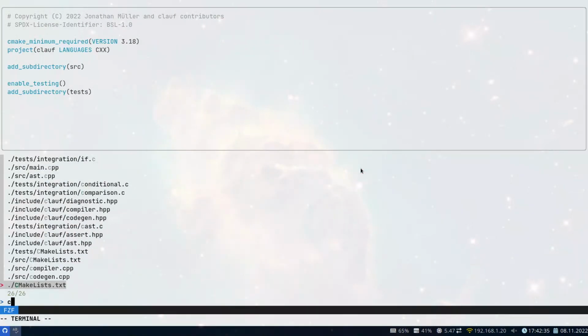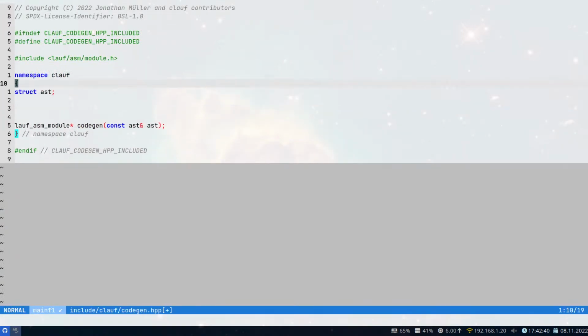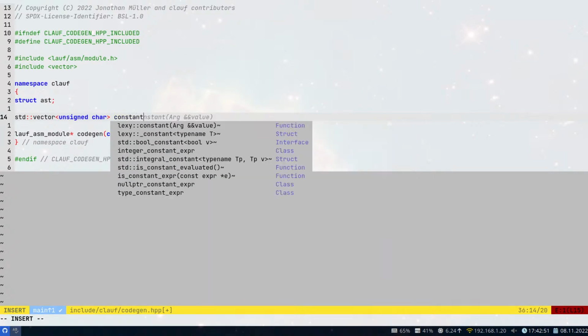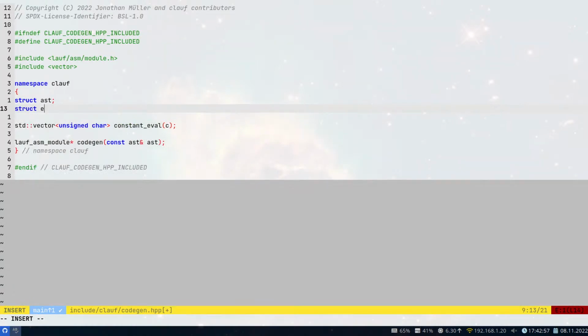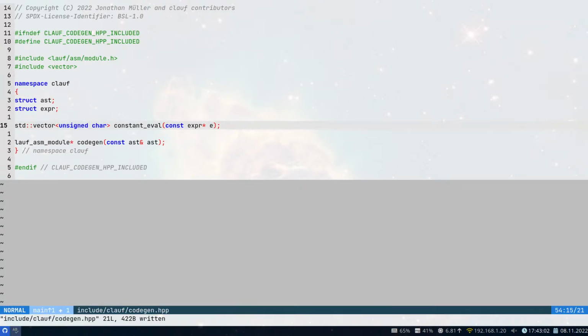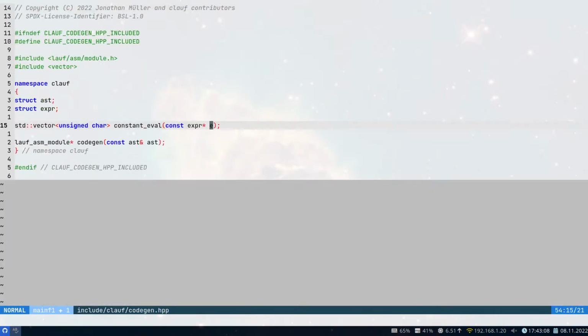So let's add an interface for that. We have a function that gives us a vector of bytes, to do constant eval of an expression. So we do constant eval of an expression. That is the type, it's a class. So this also needs